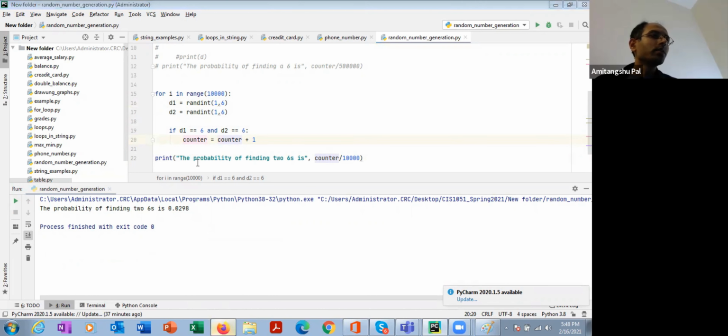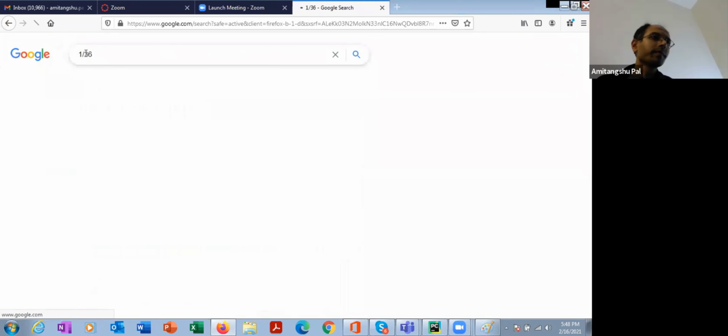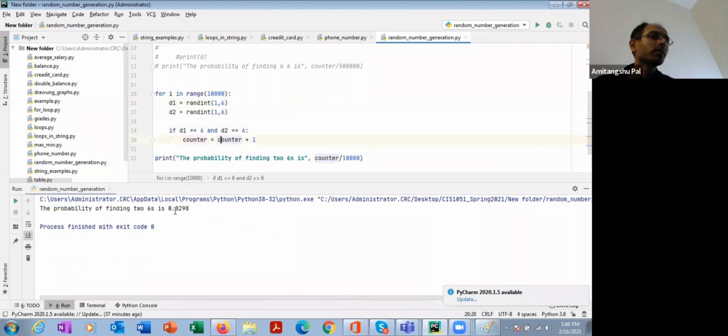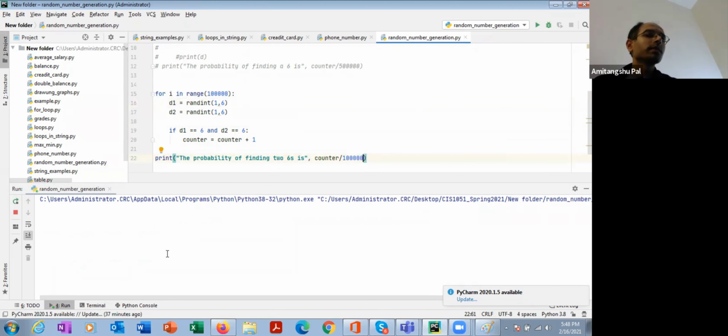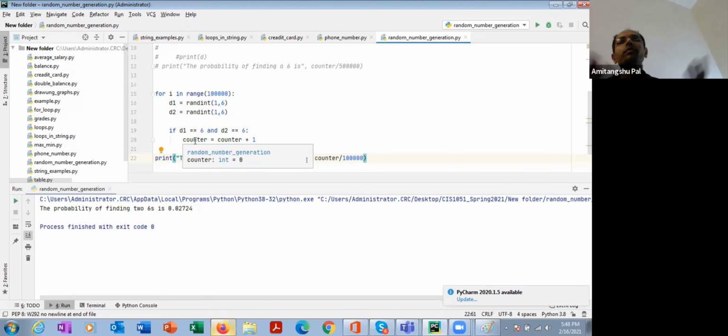Let's see what is the value of 1 by 36. 0.0278, and we got 0.0298. Again, if you start increasing the number, you will get an even more precise outcome, 0.027. So that's how you can do different random experiments.